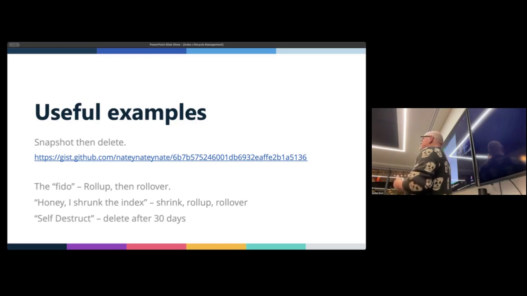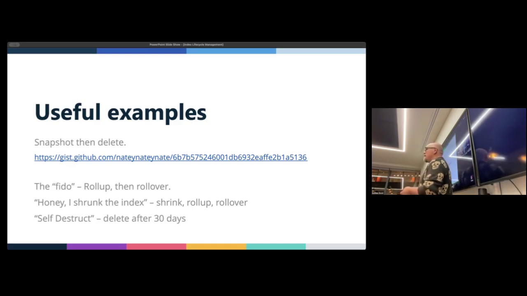A common practice is to run your most common queries to warm up an index, and if some of them are taking longer than they should, you have to look at these kinds of metrics to make sure that your queries are running quickly. So shrink and then perform the FIDO, the roll up and the rollover.